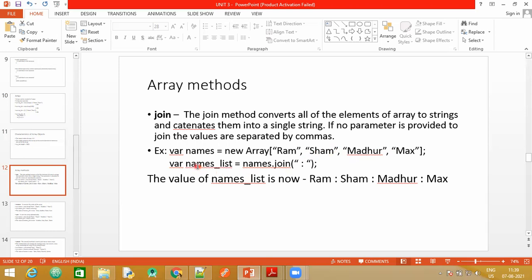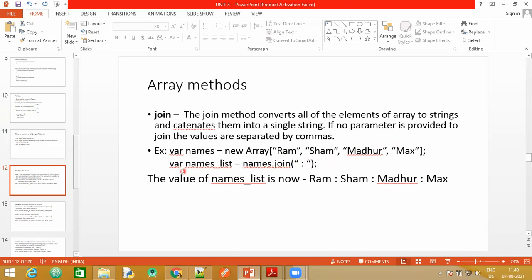Like here, you can see in the example specified, the array declared is names, and we have followed this way, new array and then square brackets. You can skip the new array and directly make use of the square brackets. So these 4 names make up the array and they are separated by commas. Now I want to make use of a colon as a separator instead of this comma.